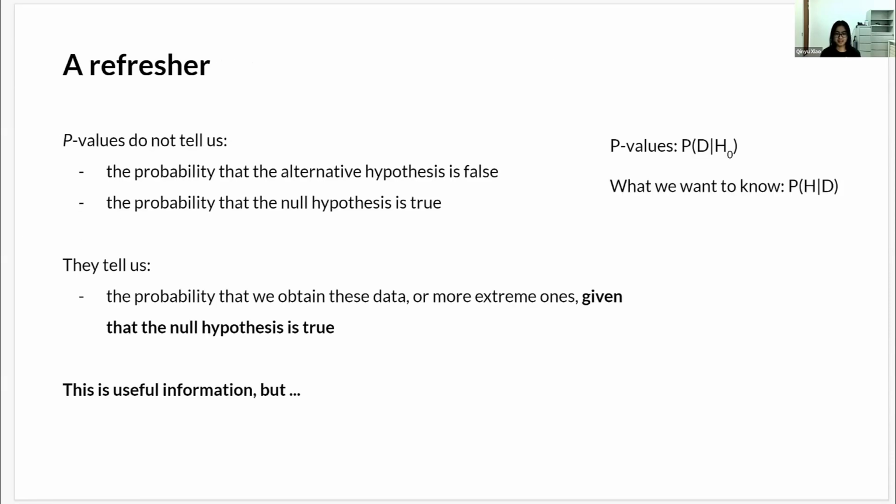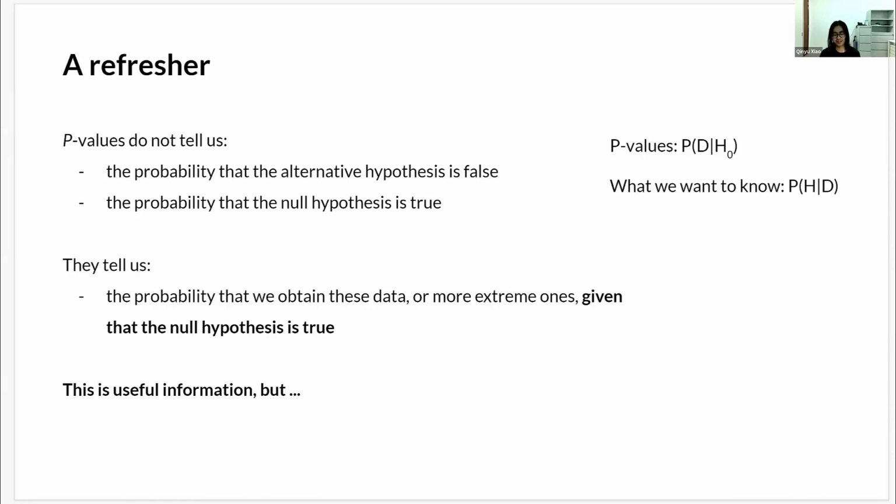But this is not something p-values tell us. So first of all, p-values do not tell us the probability that the alternative hypothesis, or H1, is false. So suppose I conduct a study comparing 2 groups. I get a p-value of 0.03. That's a significant result, a significant difference. But it does not mean that the probability that the alternative hypothesis is false is 0.03. And similarly, this also does not mean that the probability that the null hypothesis is true is 0.03. You remember that the null hypothesis is